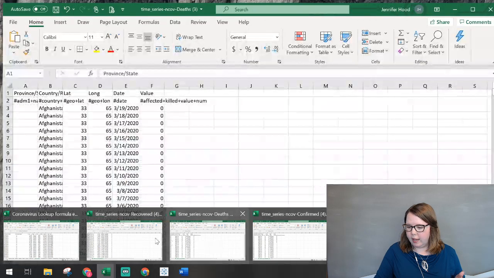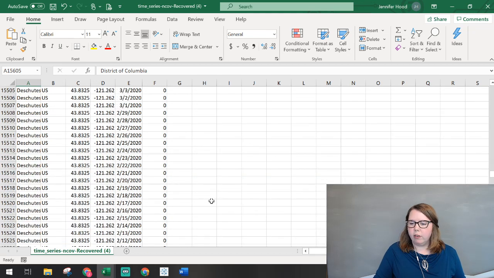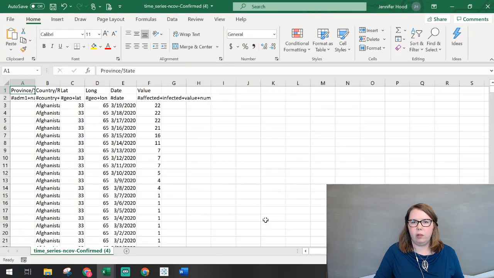So let me go ahead and pull up the recovered file. Actually, let me start out with the confirmed because we know that's where most of the numbers are. There just hasn't been a lot of testing, and I think that's drastically affecting our numbers.